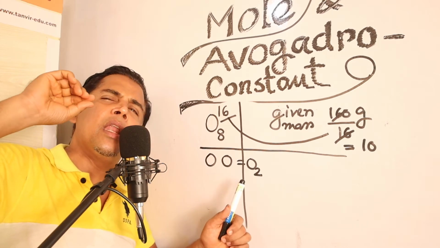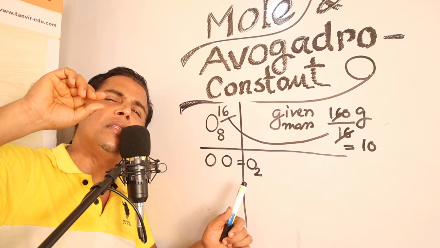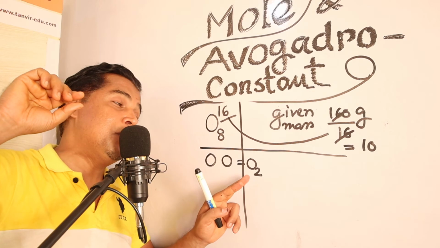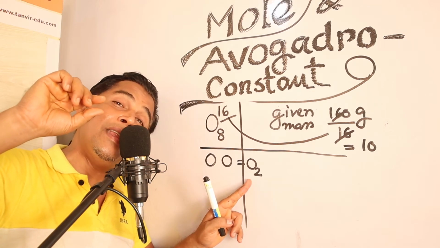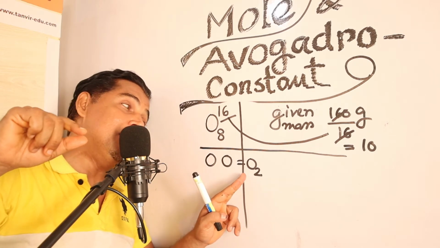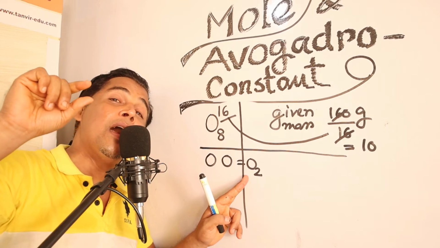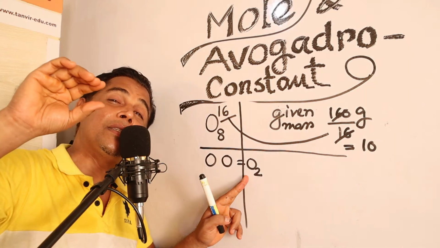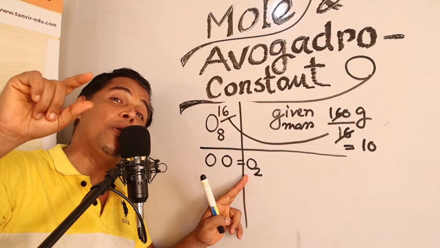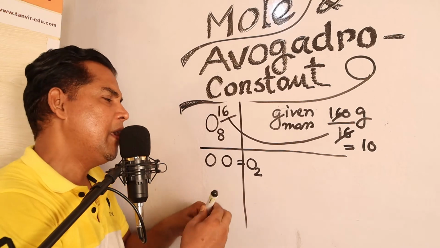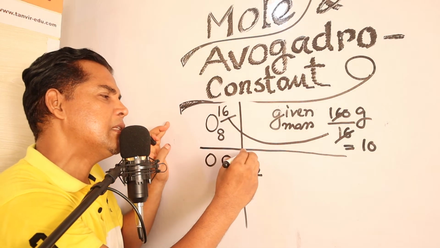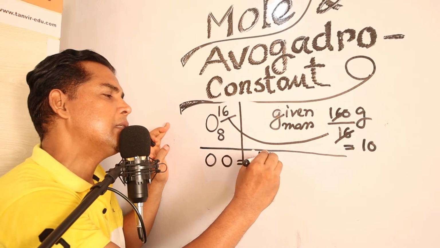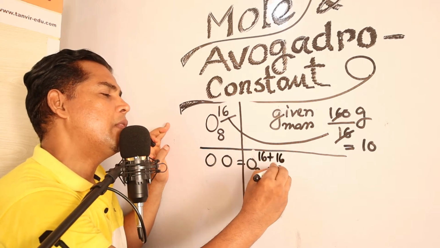So O2 is the last existence of the same type of thing, that is called an element. So this could be defined as an element. At the same time, this is also a molecule, because I have told you that a molecule means the last stage of existence. Again, that could be called a formula. As O is 16, and there is 2O, there will be 16 plus 16, so total 32.